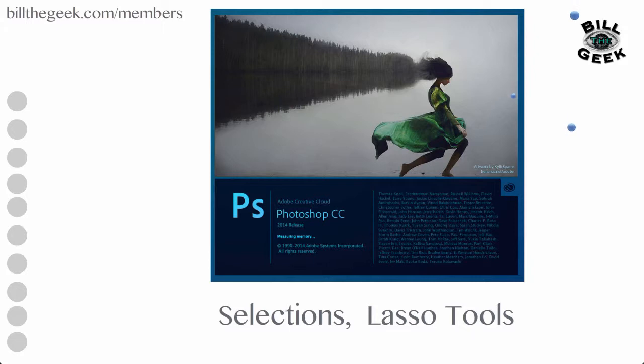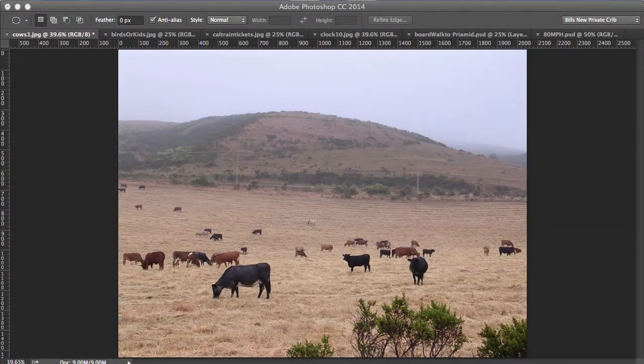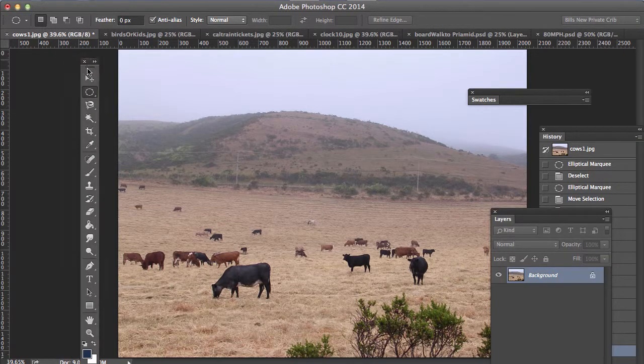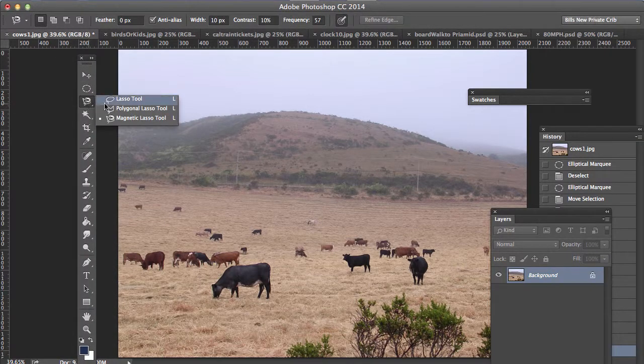Now let's go into the selection of lasso tools, which I use very frequently. Let's just show you basically what the lasso tool does. This is one of the oldest tools. You'll find this in every application. And pretty much now, what you're paying attention to is the black arrow and the very tip of the black